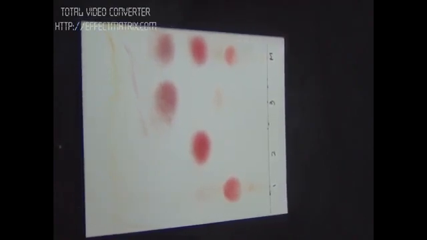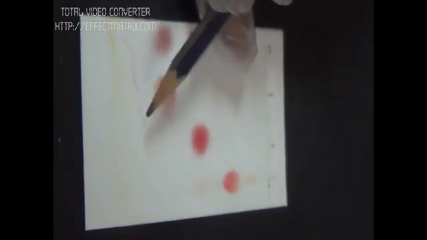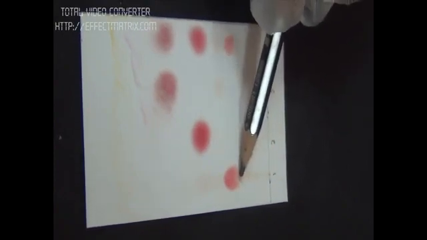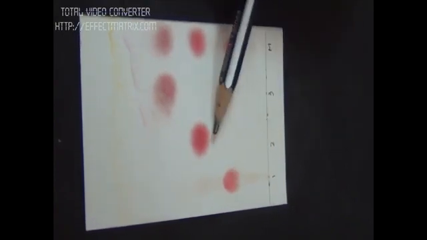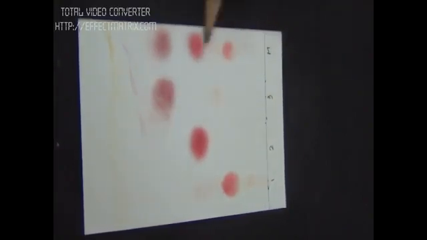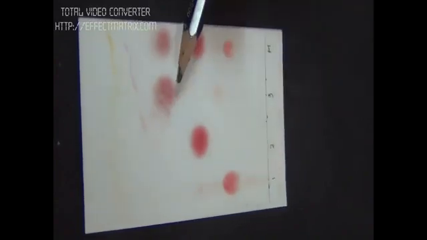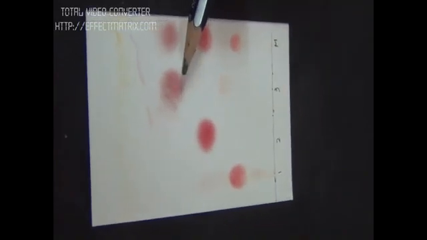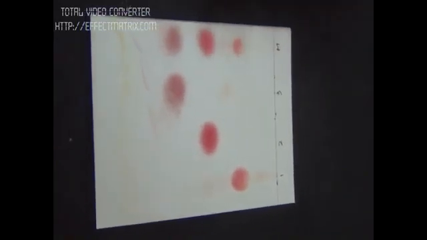The RF value is the ratio of the distance travelled by a spot from the line of origin to the distance travelled by the solvent front. We'll calculate the RF value for all the spots we have detected. In standard amino acid number 1 we have one spot, in number 2 we have 1 spot, in 3 we have 1 spot, and in the mixture we have 3 spots. So first we'll calculate the RF value of all the spots, and then